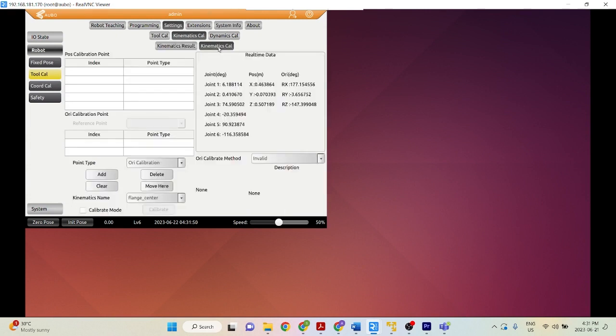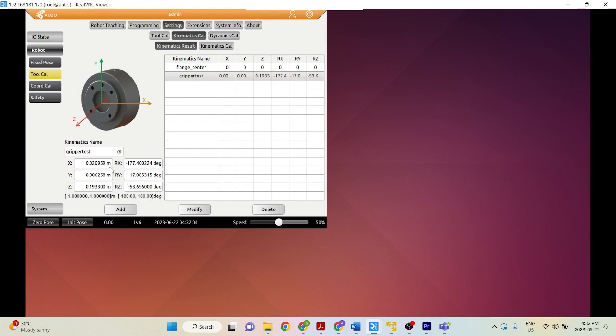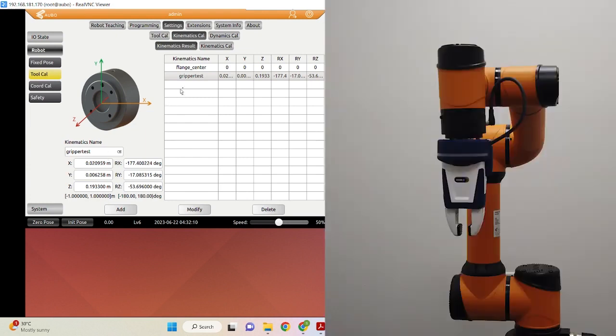However, if you make a tool by yourself, so you don't have these exact coordinates and measurements, you're going to have to manually calibrate your tool. And we have a video going through how to do this manually, so please feel free to check that out. So today, assuming you have the dimensions of your tool and you know where your tool center point is, you can go ahead and enter it here. So to get started,